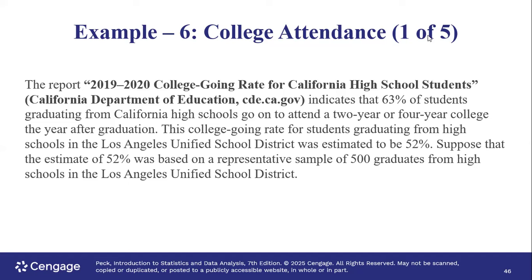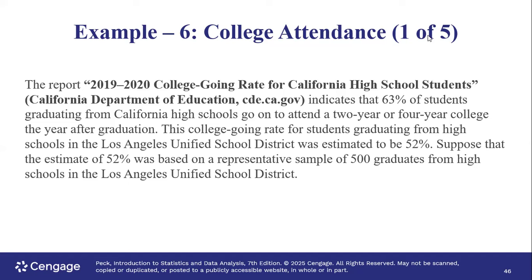So let's read it. The report indicates that 63% of students from California high schools go on to attend a 4-year college the year after graduation. So the status quo, the population proportion, is 0.63. On the other hand, they have a sample. They collected a sample of size